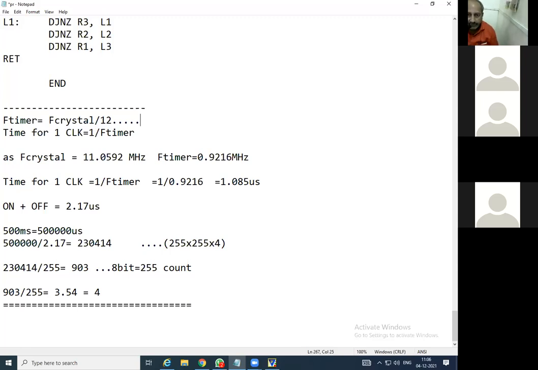But by default it is taken as F crystal is equal to 11.0592 megahertz. So this is the fixed value.